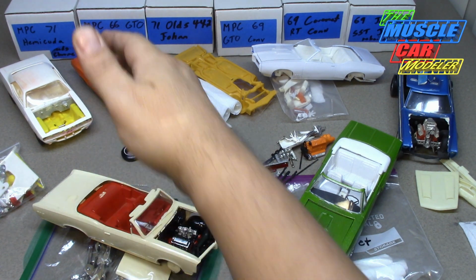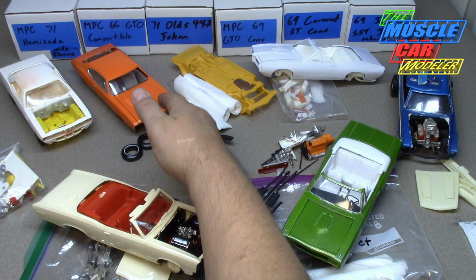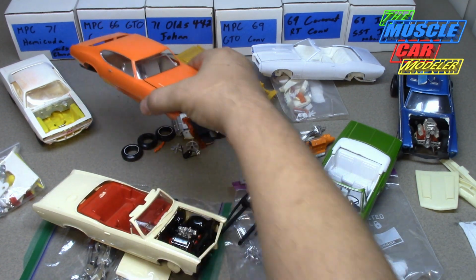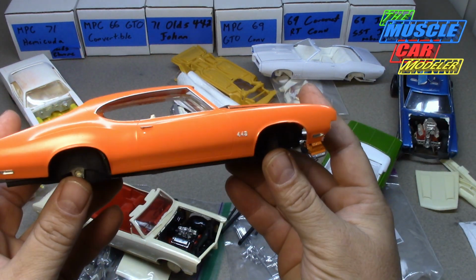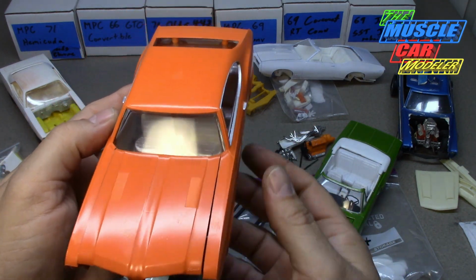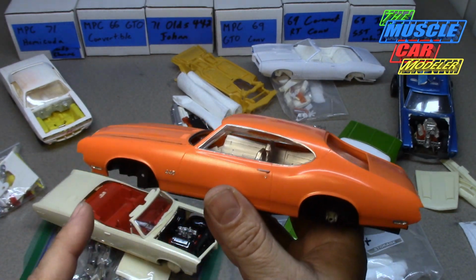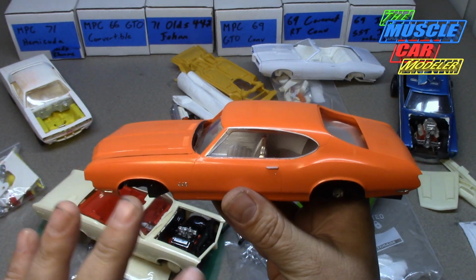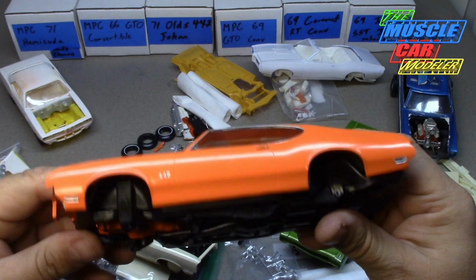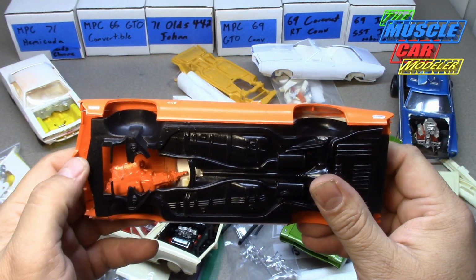This is my Olds 442. This is a '71. It's a Jo-Han kit, and this thing was in very nice shape. All the emblems are there. There's no custom stuff done to it. It has the hood that came with it. It's been painted, but nothing's been sanded on. It's all there. The biggest issue this one had was somebody had really cut out the engine here and all of the framework,